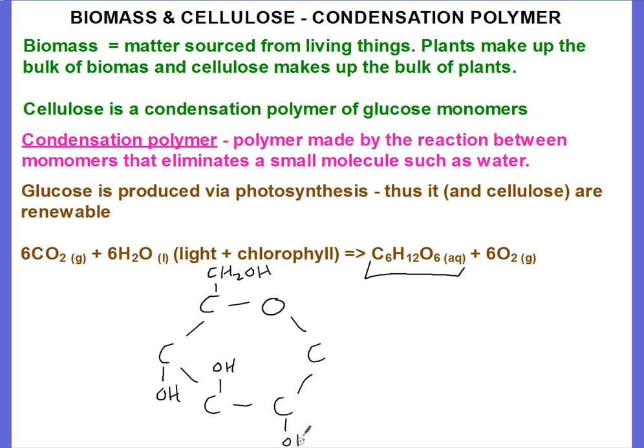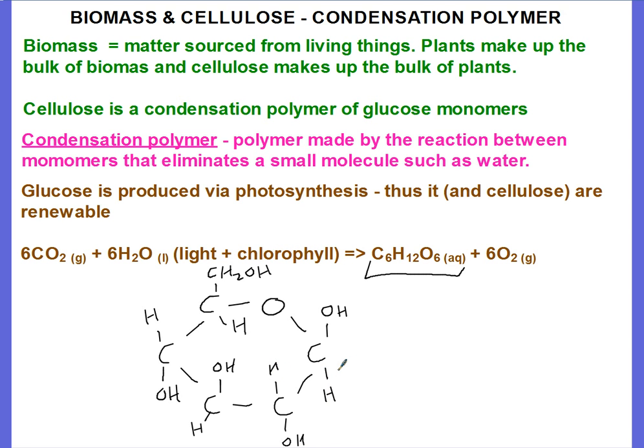We're going to finish off the last one. It's going to be sticking up. There's our hydroxyl group there. So CH2OH, OH, OH, OH, OH. Now to finish off the chain, every carbon we know needs 4 bonds, and that means all these carbons currently got 3 bonds, they need one more bond, they all need an extra hydrogen to finish off their bonding. So we'll put a hydrogen on all these carbons.